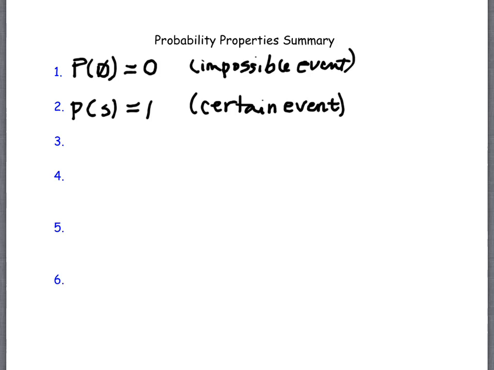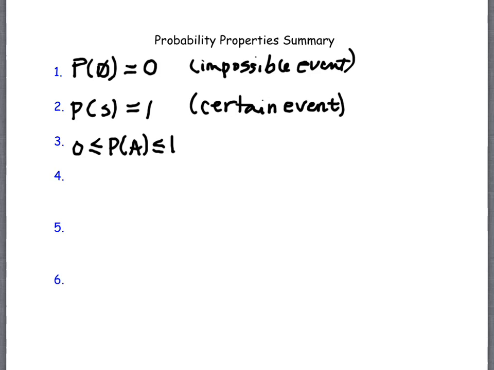And then for any other event, their probabilities are always going to be between 0 and 1. We did talk about that last time. We talked about how you can't say that you're going to have a 110% chance of something happening. It doesn't really make sense. 100% means it's for sure going to happen. 0% means it for sure can't happen. So everything else should be somewhere in between. Those are percentages, but the probabilities are correlated to that, right? So if you have a 0.5 probability, that's a 50% chance.